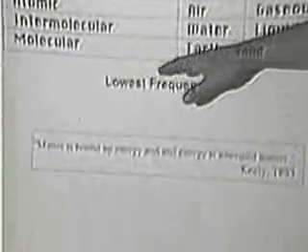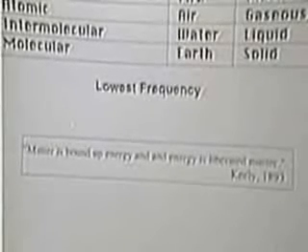Now what this means is the larger the item, and this is basic acoustics, for those of you who know anything about sound, the larger the item, the longer the wavelength, the lower the frequency. So the higher we go up these levels, we get shorter and shorter wavelengths, and higher and higher energy states. Keely maintained 30 years before Einstein that the faster something moved, the more compact it got, and the more compact it got, the more energy it contained.